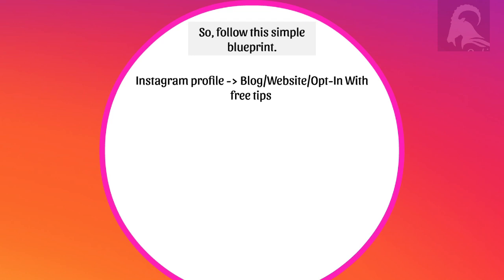But at the end of the day, you can use an opt-in with free tips or a squeeze page to build your list first. Because what I found is that a lot of times it takes 7 to 12 times to actually touch the person, get to know them before they actually buy. So what I mean by touch points is emails. So it could be 7 to 12 different emails after they sign up for a freebie.